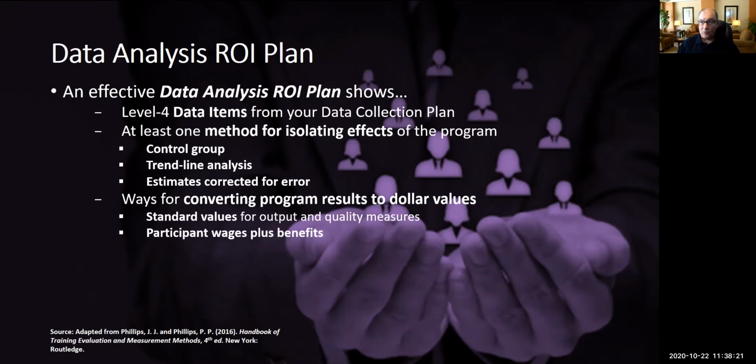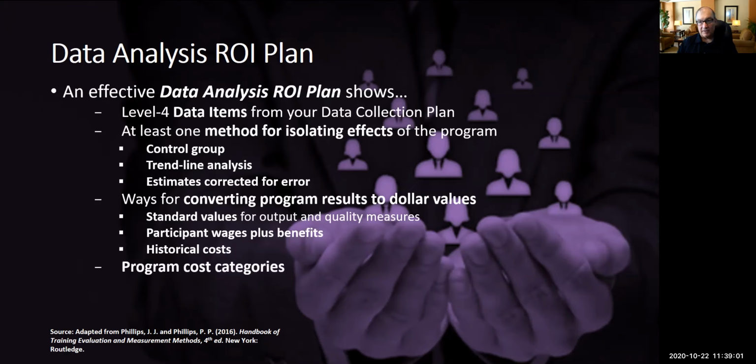For instance, time away from work: sick leave, accidents, incidents, those kinds of things that pull people away from their work. You can certainly use their wages plus their benefits to calculate a dollar value for that time. Historical records. In our case, with the learning intervention for work engagement, it was really easy because the company had already been tracking waste and rework, not only the numbers, but also the percentages and the value of those percentages.